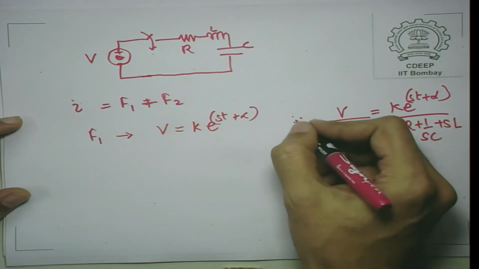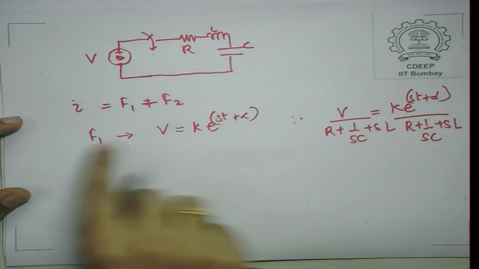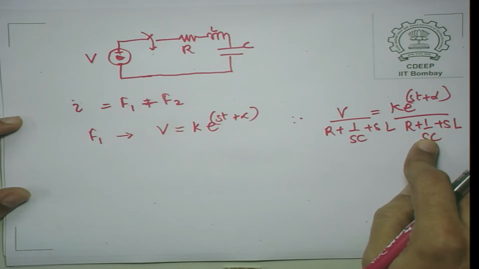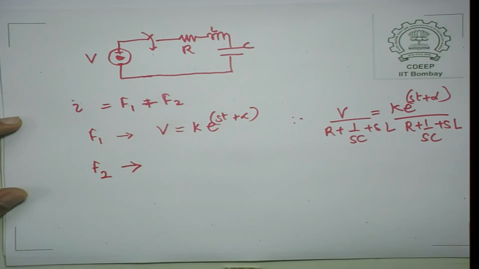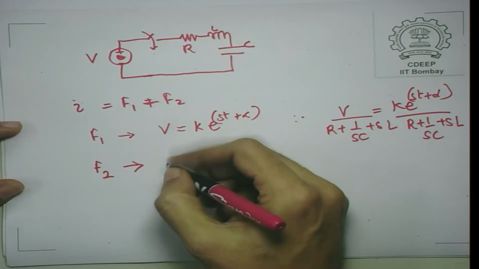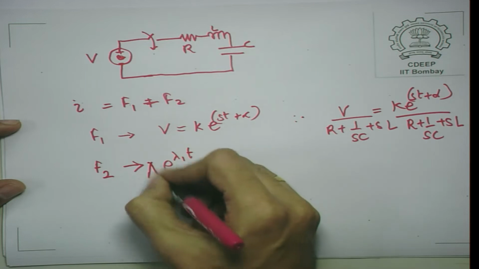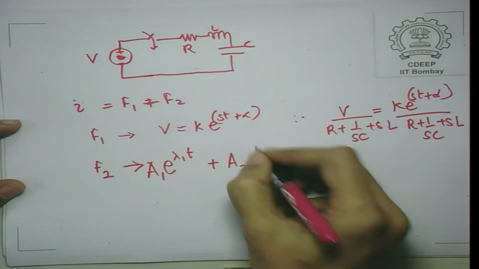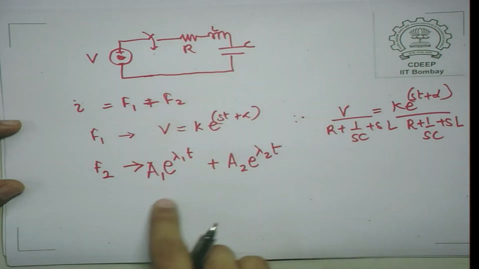In fact, the first component of it, what is known as the steady state response, is simply going to be F1, whereas F2 in this case has some interesting features. In fact, F2 will have the nature A1 e raised to lambda 1 t plus A2 e raised to lambda 2 t. This is what is known as a second order circuit. So, actually we get two